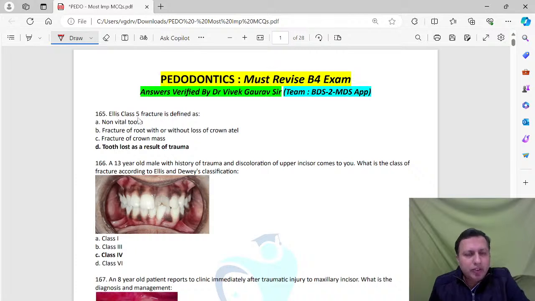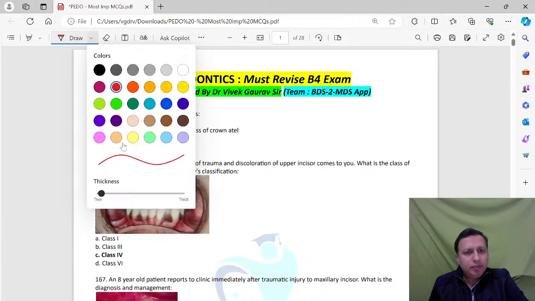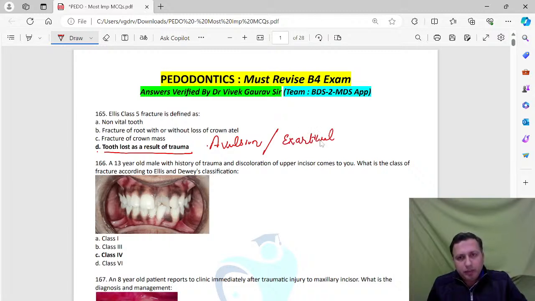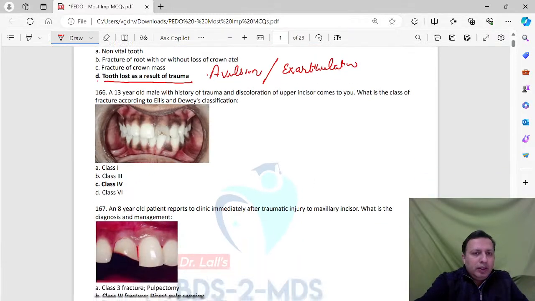So this Ellis class 5 fracture is basically defined as the tooth lost as a result of trauma. Okay, so it is defined as the tooth that is lost as a result of trauma. Now the other terms that are used for the Ellis class 5 fracture are either avulsion or exarticulation. Okay, so these are some of the other terminologies that are used for a class 5 fracture. Now, the next question is,